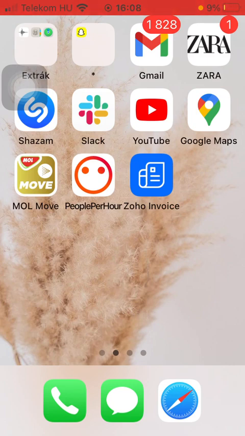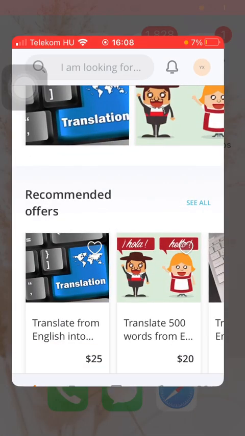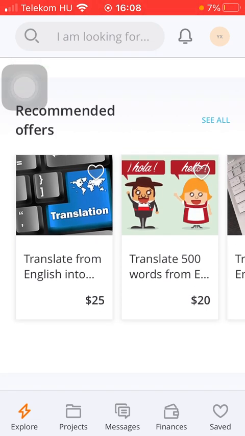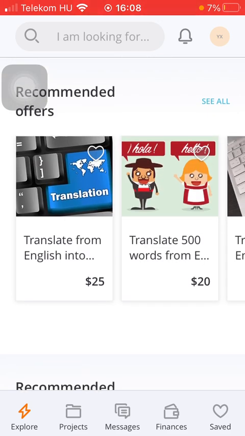So let's jump into it. First of all, open the application on your phone. After that, you should tap on the Explore button down below, which is the first option, and then select an offer or a service that you are interested in. Tap on it to check it out, and after checking it out, you should click on this